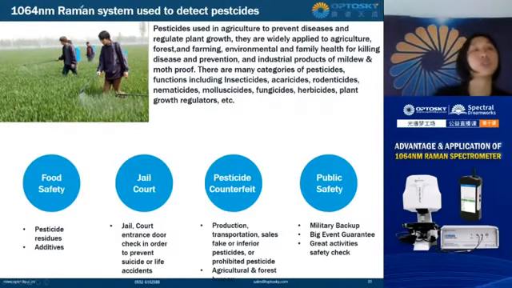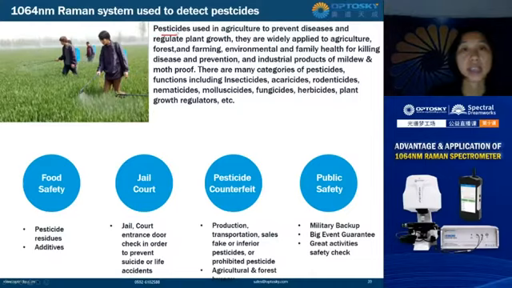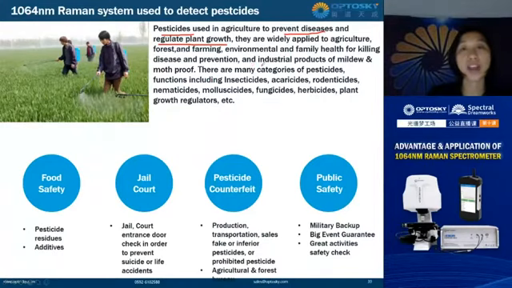Next, we are going to introduce the 1064 Raman system used to detect pesticides. Pesticides are used in agriculture to prevent disease and regulate plant growth, in forestry and farming, environment and disease prevention. And in industry, products like mildew and moss proof. There are many categories of pesticides, like